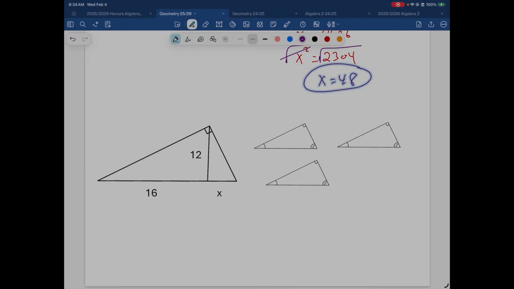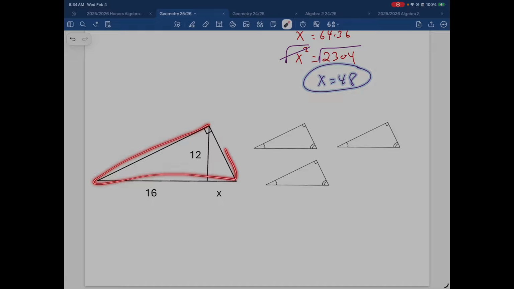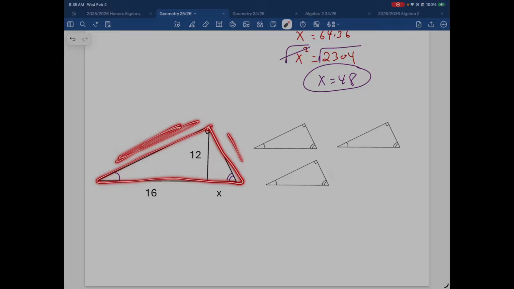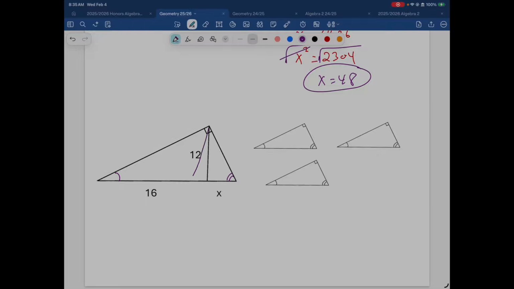The next one. Okay, so we've got our whole triangle sitting here, a little large and a little small. So I'm going to go ahead and look at my guided notes and follow the guided notes. Again, we talked about it doesn't matter. The guided notes are sitting like that, so we're going to go like that. So we look at the whole again. So here's our whole one. And as we can see, we don't know those 2 sides. So this probably isn't going to be the one that we use, but we're just going to get used to